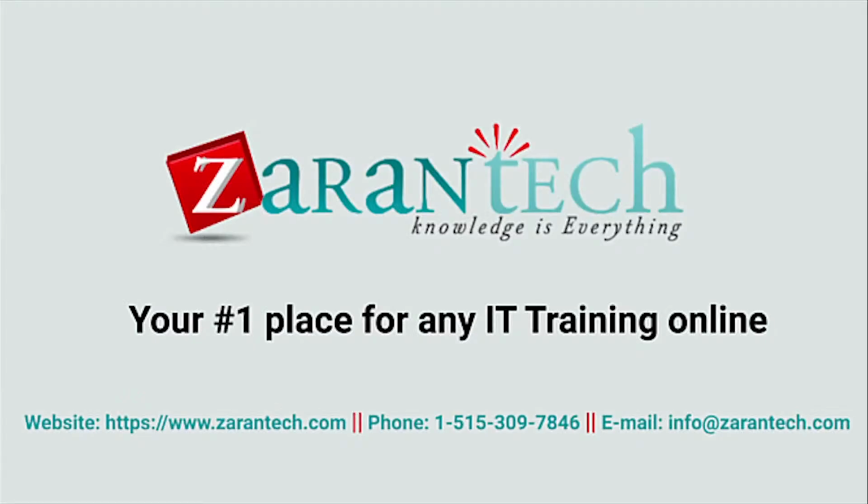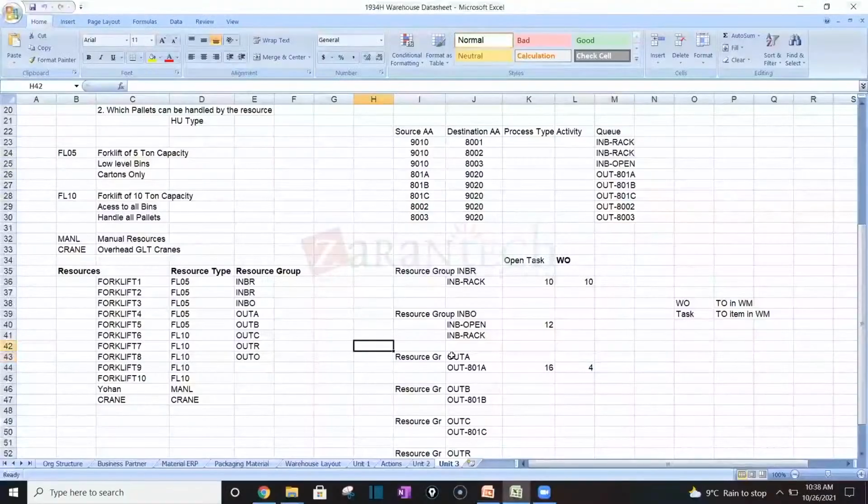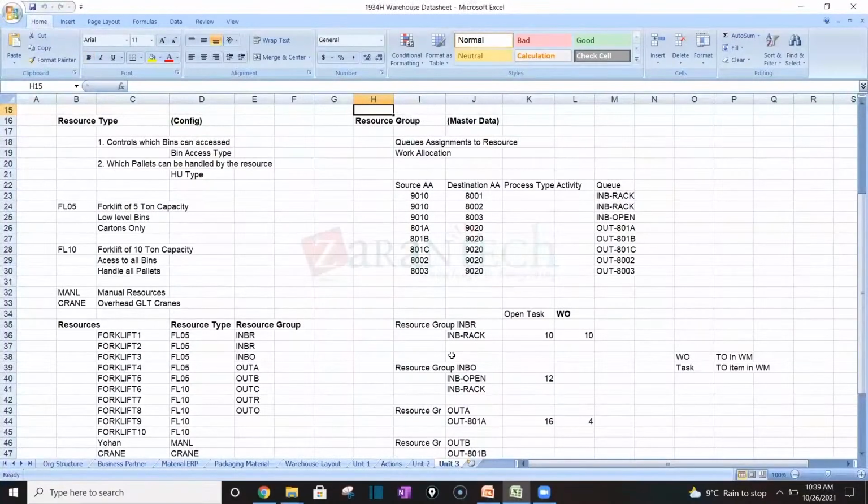Last few sessions we have been discussing master data. The last time we met, we discussed resource as master data. While we were discussing resource, we touched upon several topics which were not related to resource, but we discussed them just to get more understanding about resource. We spoke about the warehouse orders, warehouse tasks, how tasks are grouped together into orders, and basically at the end of the resource master data,